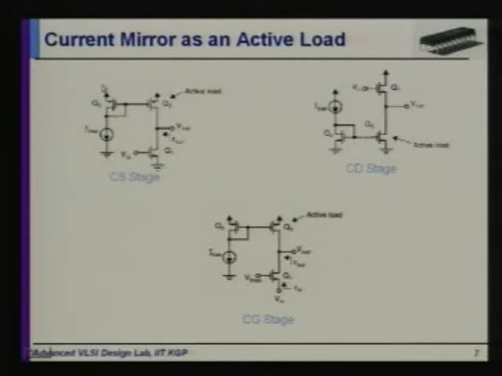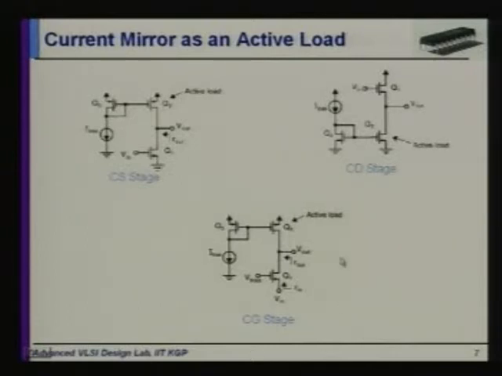Okay, but we are using that this I bias is nothing but the current reference as a sink, and this is the PMOS current mirror. The main point why you are using this PMOS current mirror is that we want to avoid the body effect, because the bulk of this PMOS will be connected to the VDD and the source of that particular PMOS is also connected to the VDD. So the body effect is omitted or alleviated here.